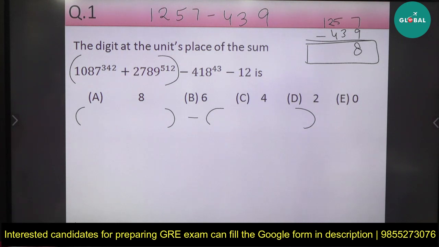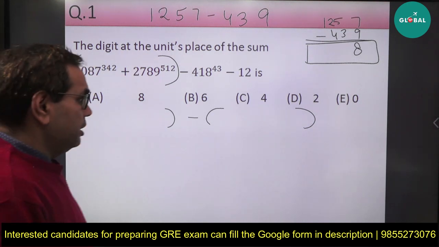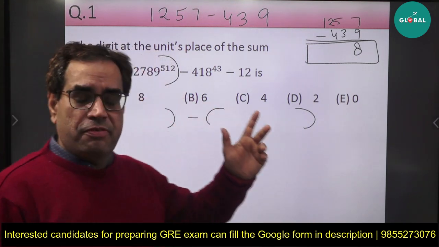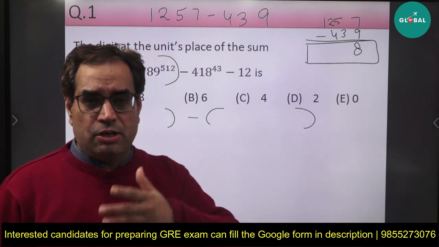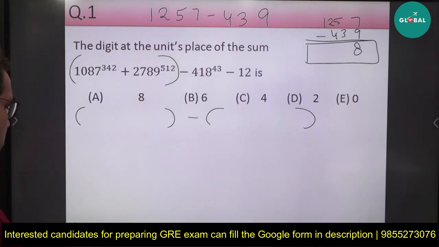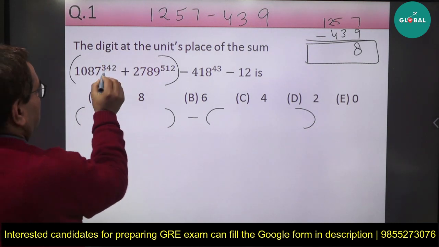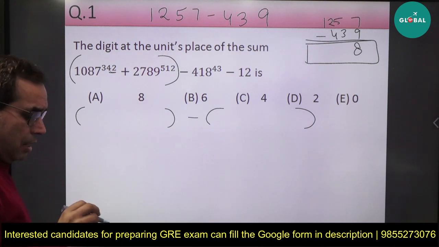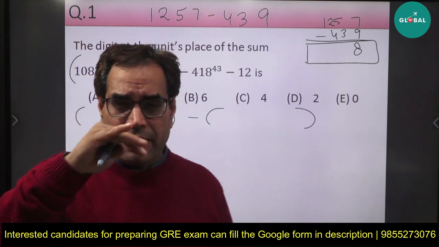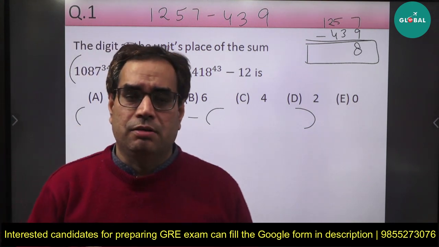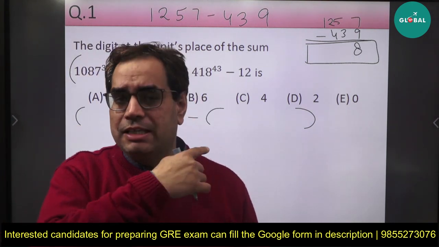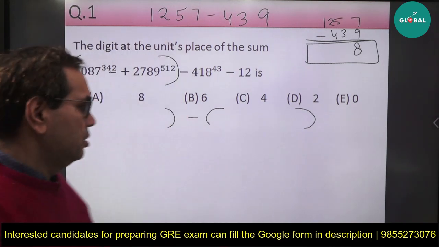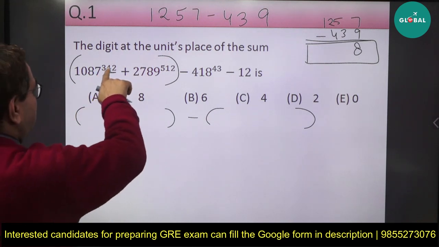Let us solve this problem first, and in our lecture we have told you the strategy of how to find the digit at the unit place of different numbers. In the lecture we discuss a lot of questions also. Here, just remember, see the last 2 digits of this number, 42. Now the number equal to or less than this number which is divisible by 4 is what? 40 is immediately less than this number and divisible by 4. So add 1 to that. So 41, make it 41 here.